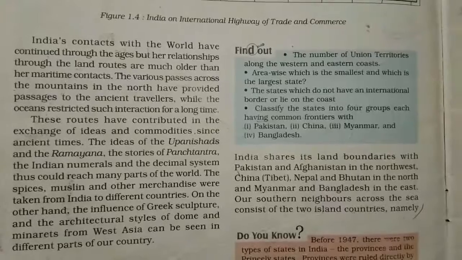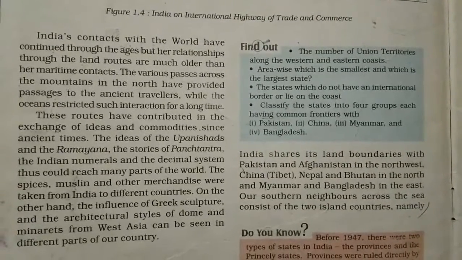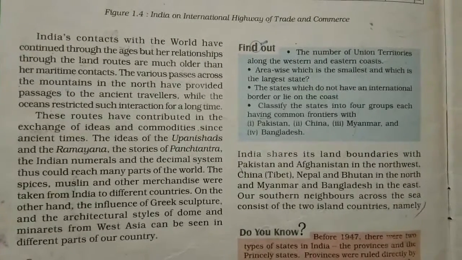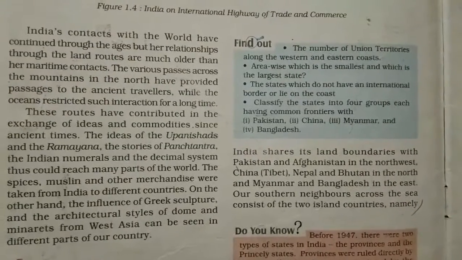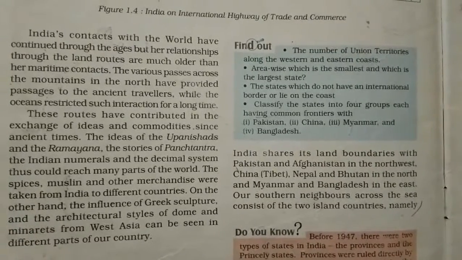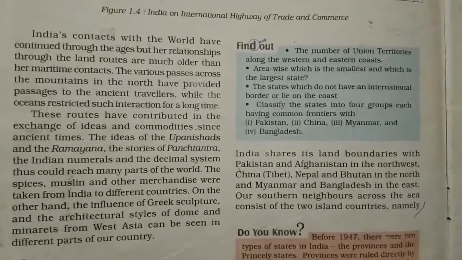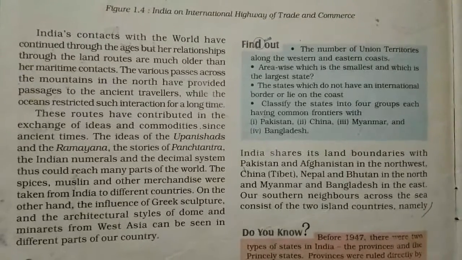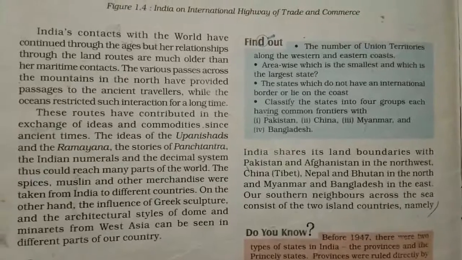On the other hand, the influence of Greek sculpture and the architectural styles of domes and minarets from West Asia can be seen in different parts of the country. Dome here means a half-circular structure, which you can see, and the minarets. So this is how India is connected with the rest of the world in multiple ways. So I hope it is clear to you all, and we have discussed